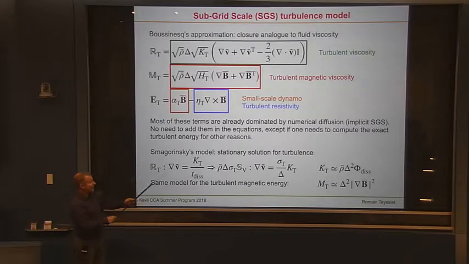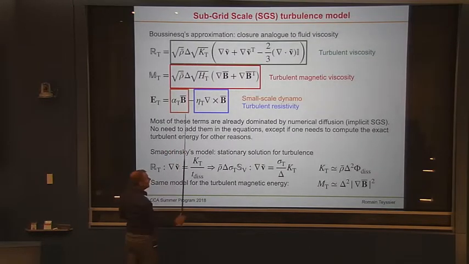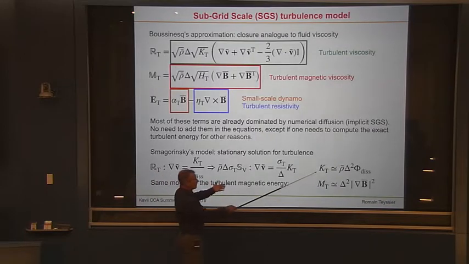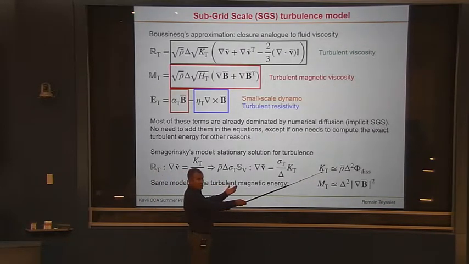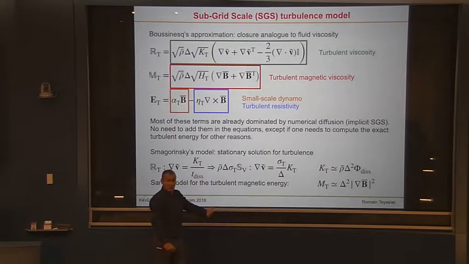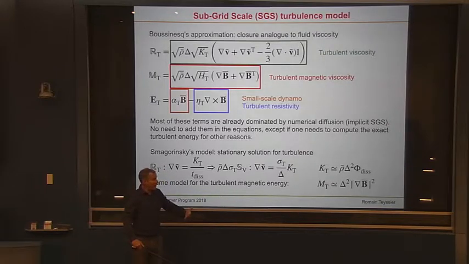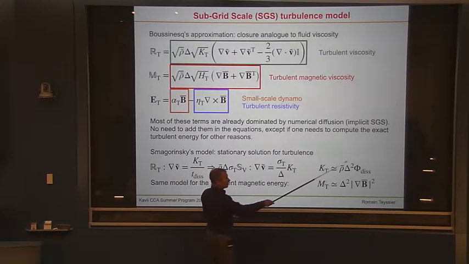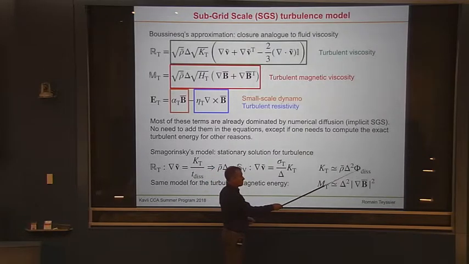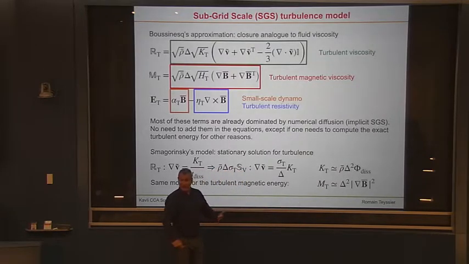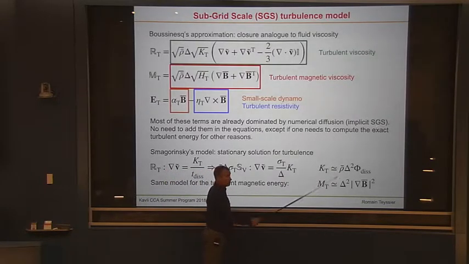So, okay, let's solve that. Then you see that you have this equation where I've just injected in R the form I have here. And then you find the kinetic energy of turbulence. Right? So the kinetic energy of turbulence is given in every cell by this stationary solution. And it's related to the dissipation function, called the dissipation function of the stress tensor. Right? And you see that it scales as the grid size squared.